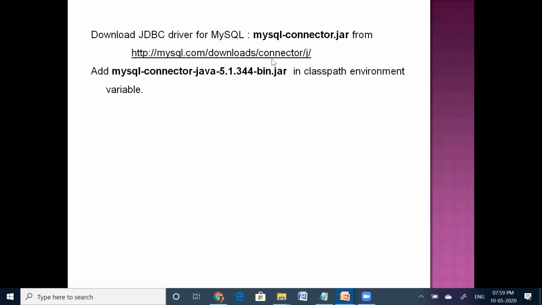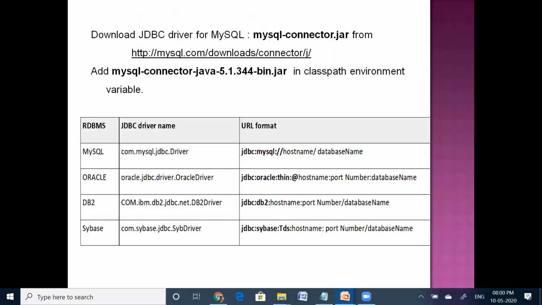So once this jar file is available, then we need to set the class path for this .jar file so that your JVM can understand where your SQL server is available. Okay, just for establishing the communication link between JVM and the database server, we need to set the class path, right? So this is the prior step we need to do before establishing the connection with the database server.